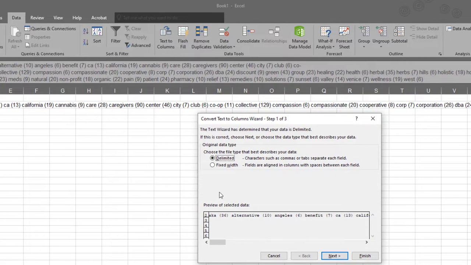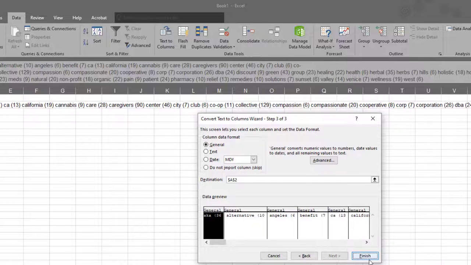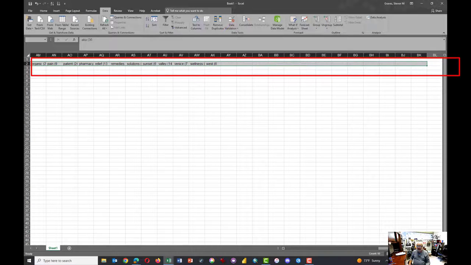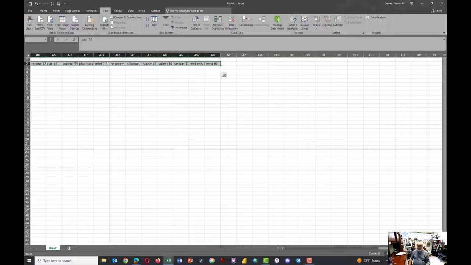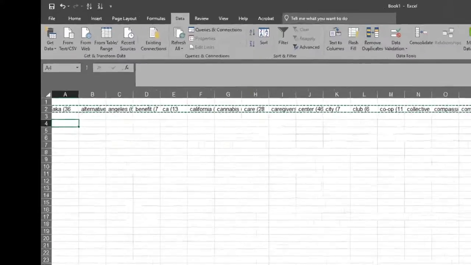So click Text to Columns, choose Delimited, click Next, and the first thing we're going to do is just, well, let's make the delimiter the right parenthesis mark, just like that. Put that in the other column and then click Next and then Finish. And now we have all of these all the way across, all the way to column AX. So highlight all of those, press Control C, and then we want to come down here just a bit,